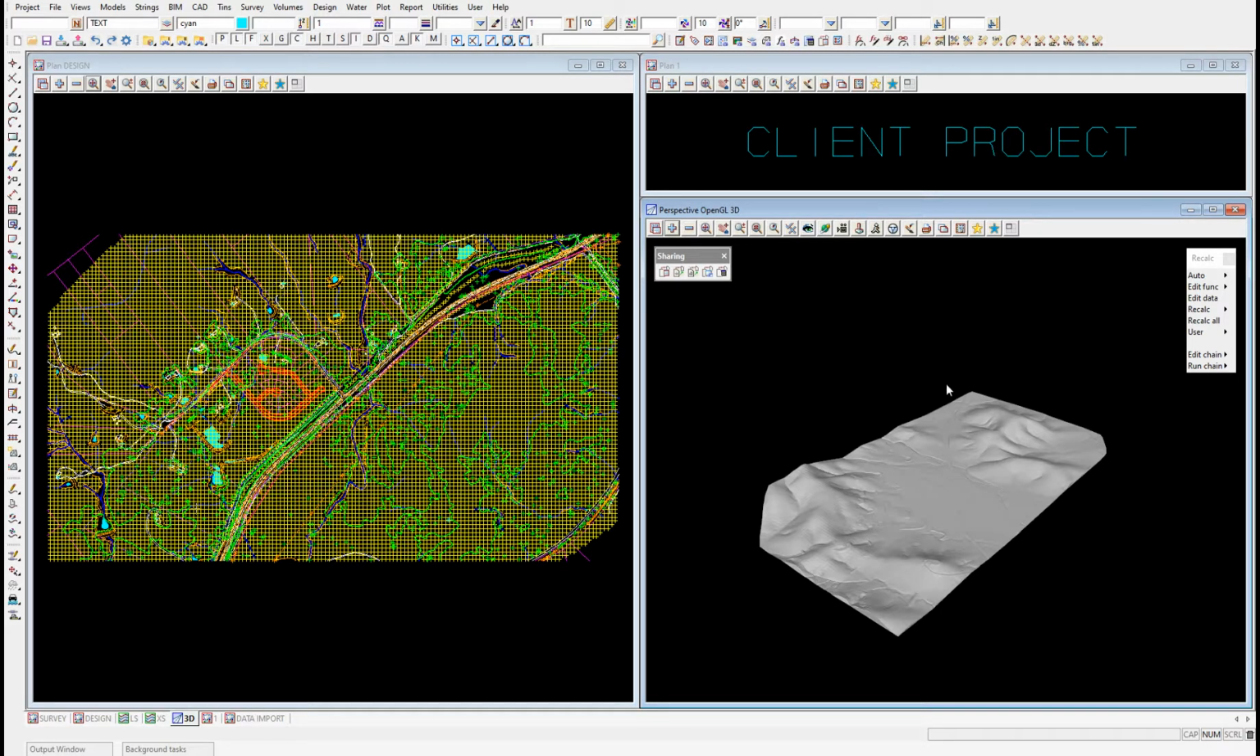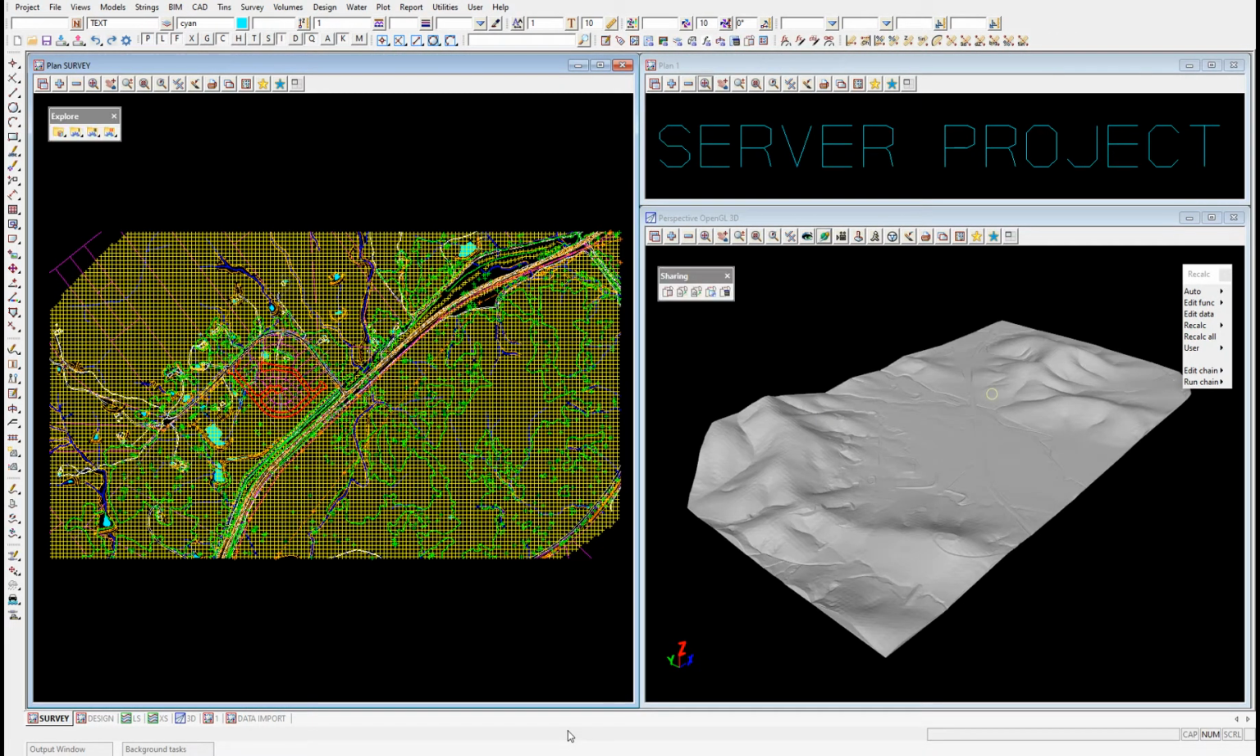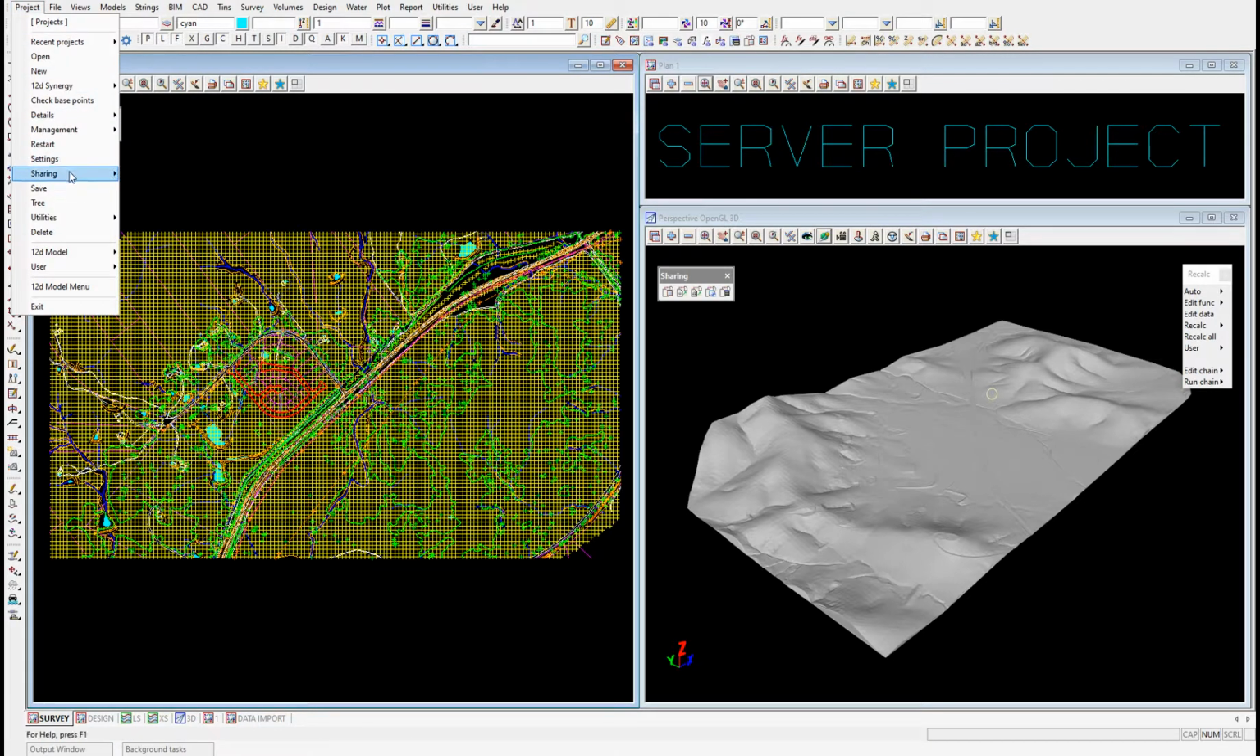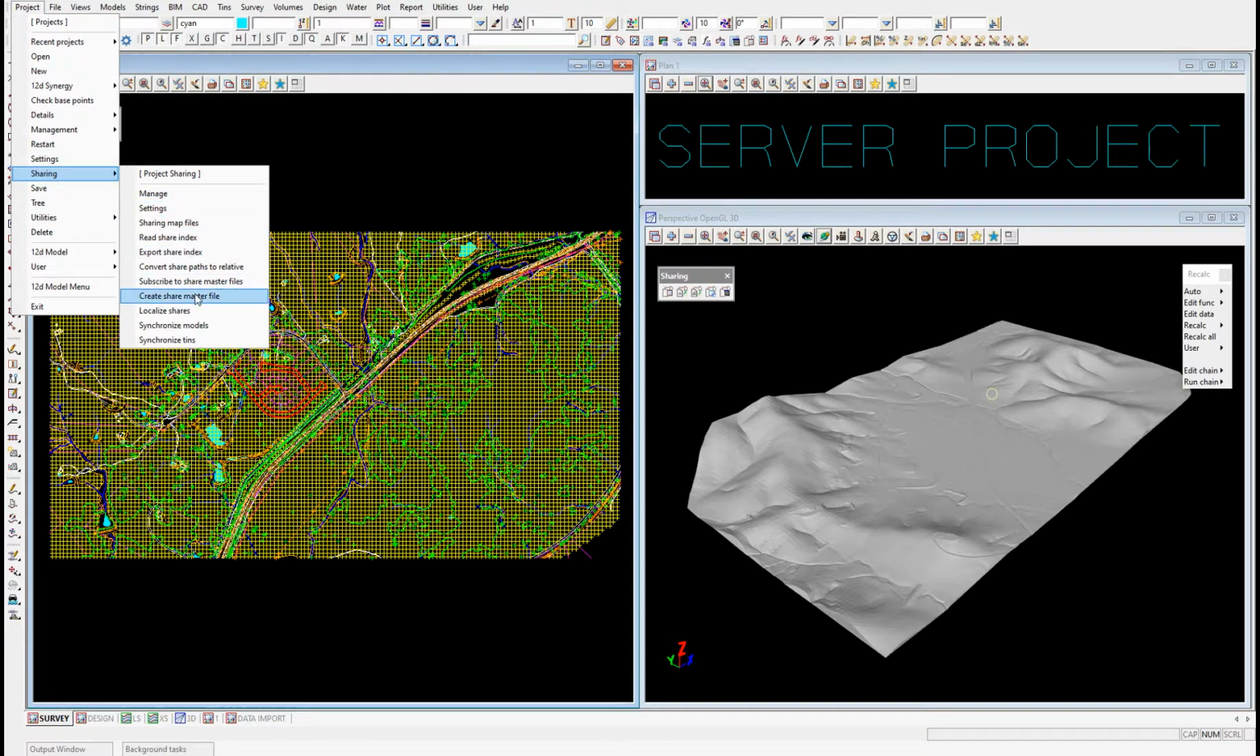Okay, once a share master file has been subscribed to in a client project, the shared data will not be able to be removed by conventional methods. To remove the shared data, that entry in the subscribed share master file will need to be removed from the list. So we're going to navigate back to our server project, and we're going to make a change to the share master file. Again, we're going to select Project, Sharing, Create Share Master File,